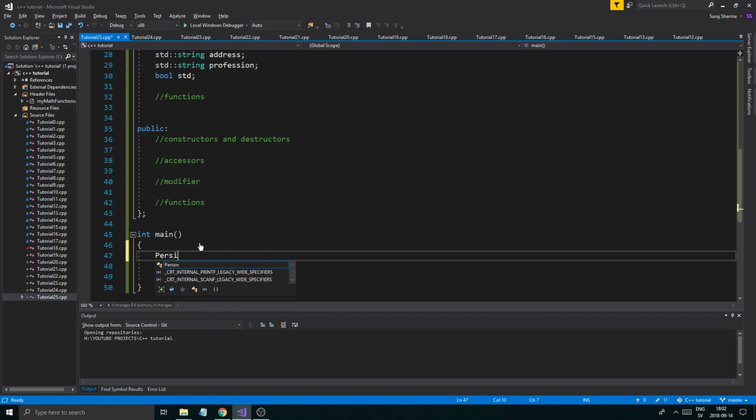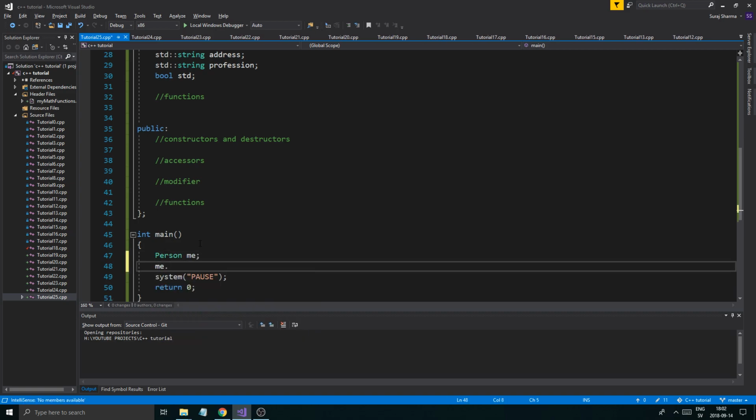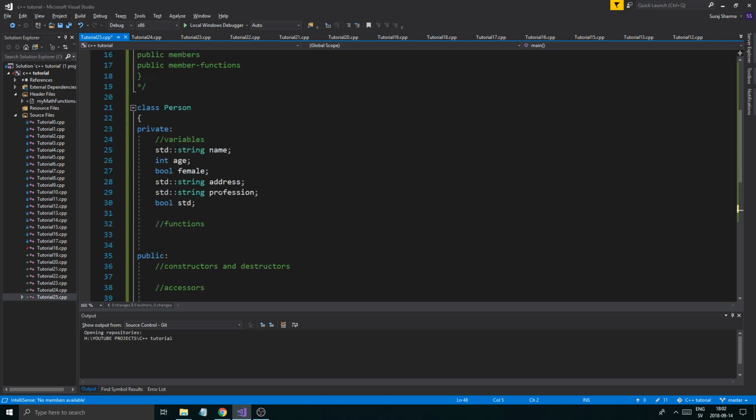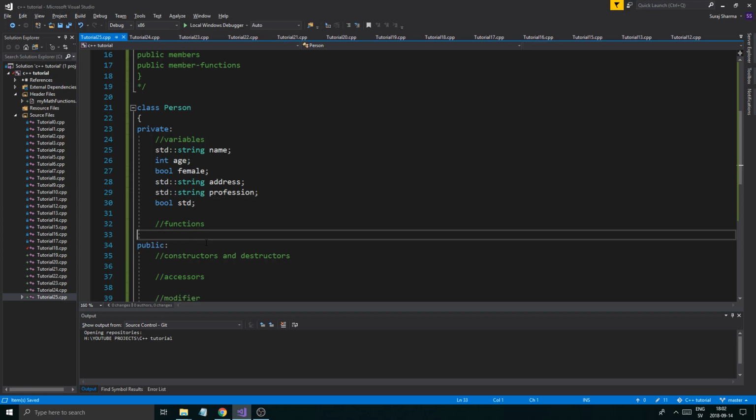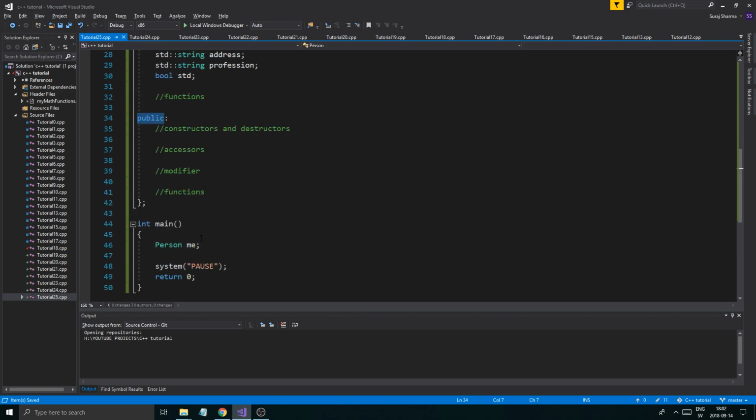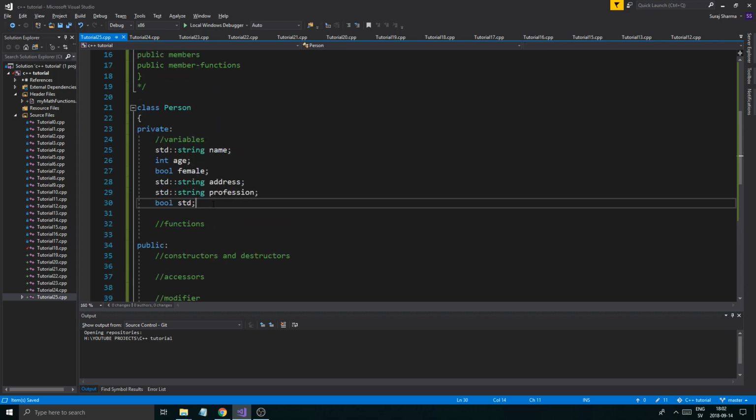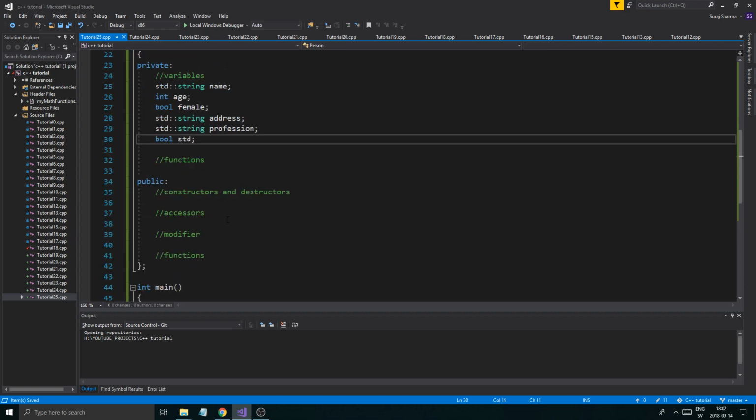So let me create a person, me, okay, and then see how I can't access. If I press a dot here, I can't access name or anything. That's because they're in the private. They're protected in here. They're very protected. There is actually one more that is called protected, like this, and you can use that as well, but that's not for this. That's for inheritance, which we'll come to a little later. But for now, just get associated with private and public. Anyway, so they're private, we can't access them, so there's no real point in our class right now,